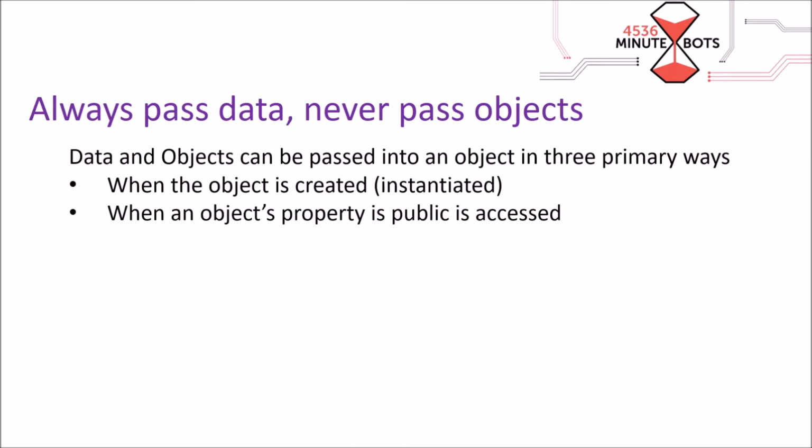Secondly, if the object has a property, something that is an aspect of the object, such as a car having a color, and that property is public, that means that anybody can reach into the object you've created and muck with the inner workings, which generally you do not want. And thirdly, if you call a method, which is what an object can do, like a dog can fetch,